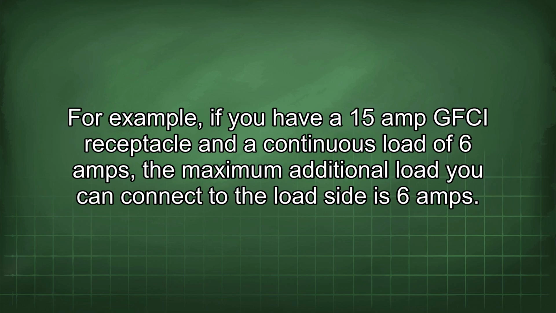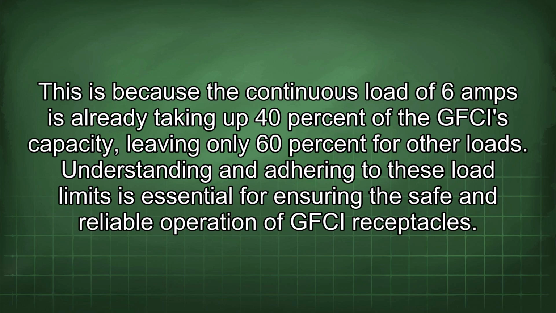For example, if you have a 15 amp GFCI receptacle and a continuous load of 6 amps, the maximum additional load you can connect to the load side is 6 amps. This is because the continuous load of 6 amps is already taking up 40% of the GFCI's capacity,